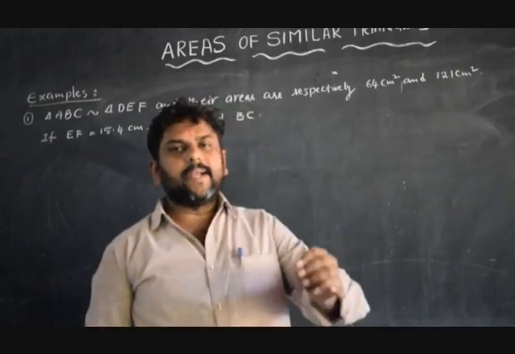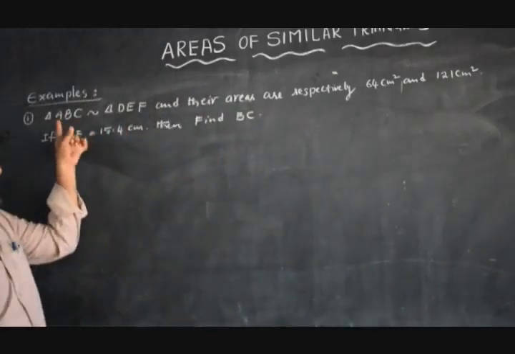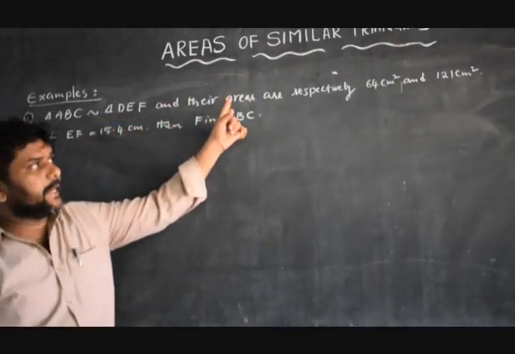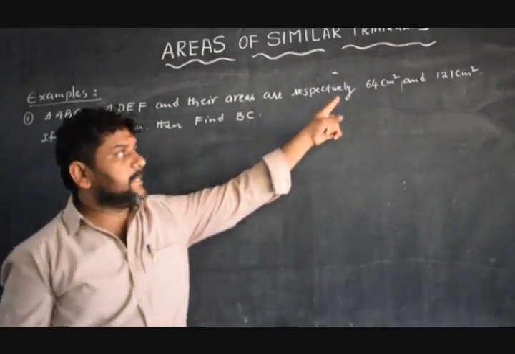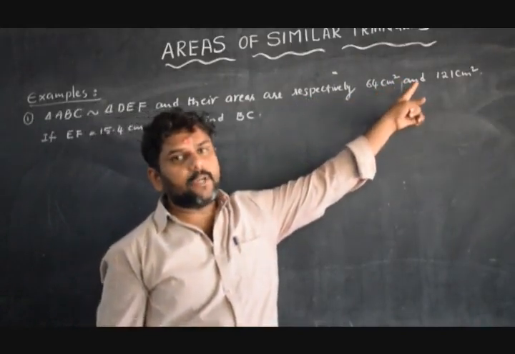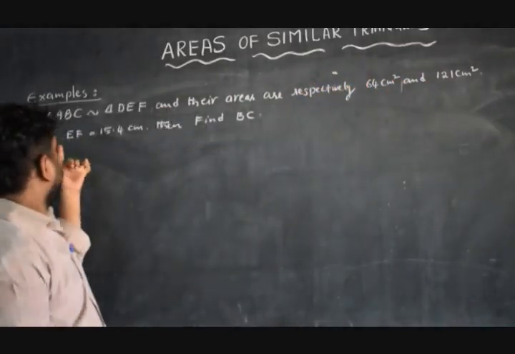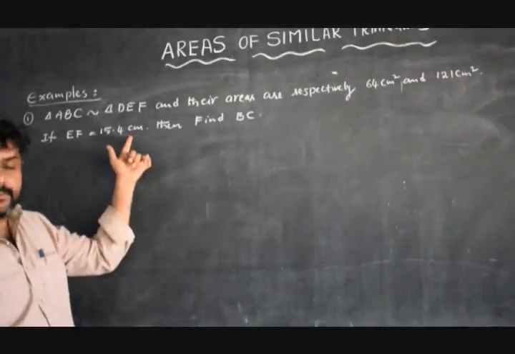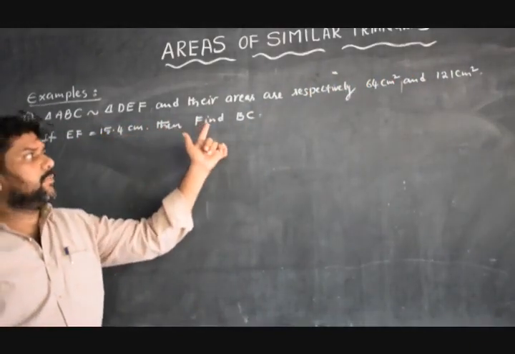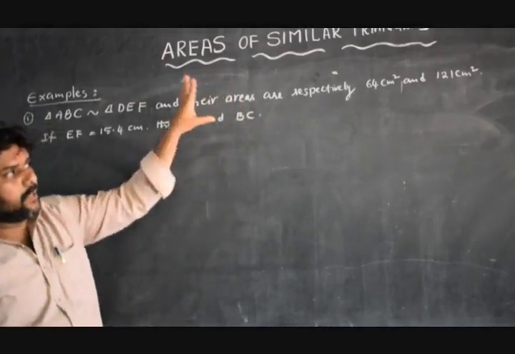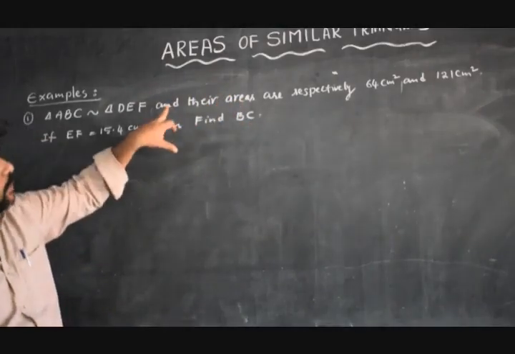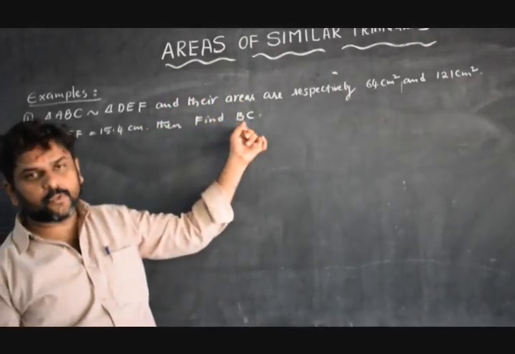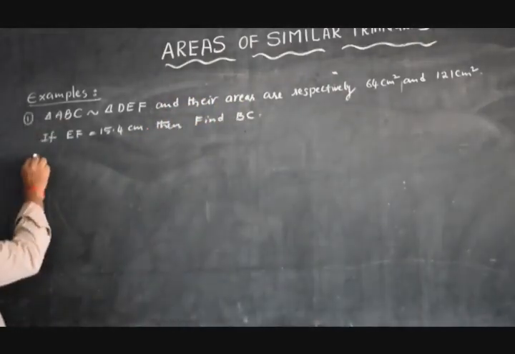Similar triangles, by taking one example: triangle ABC similar to triangle DEF and their areas are respectively 64 centimeters square and 121 centimeters square. If EF is equal to 15.4 centimeters, then find BC. Now in this they have given three values, two areas and one corresponding side. We have to find the fourth value. So, solution,